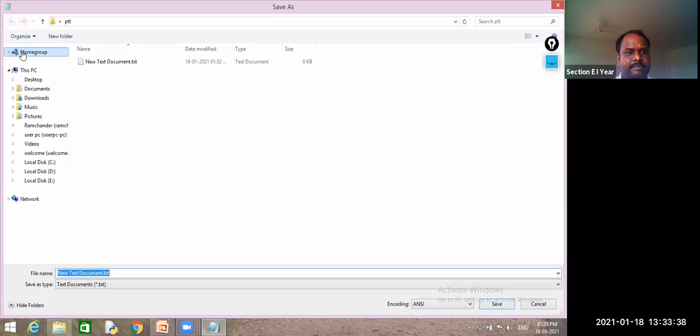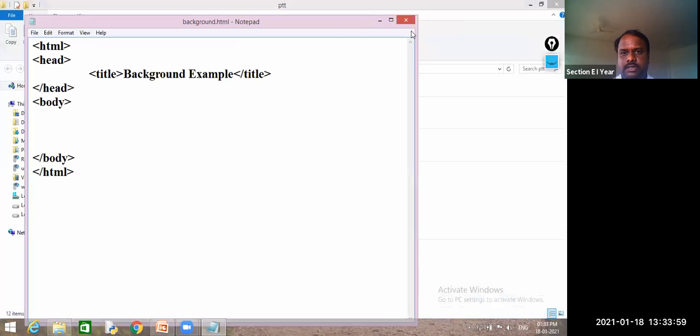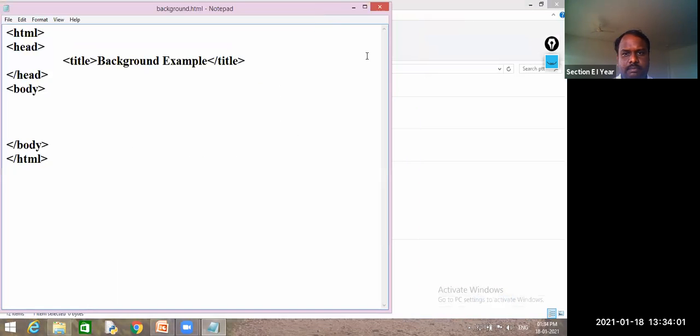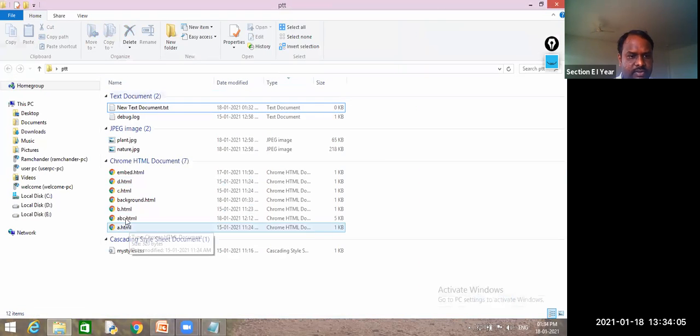Save as background dot, what is the extension for your HTML programs? HTML, background.html, and I have saved this one. So this is the program, and we'll see the response in another window.